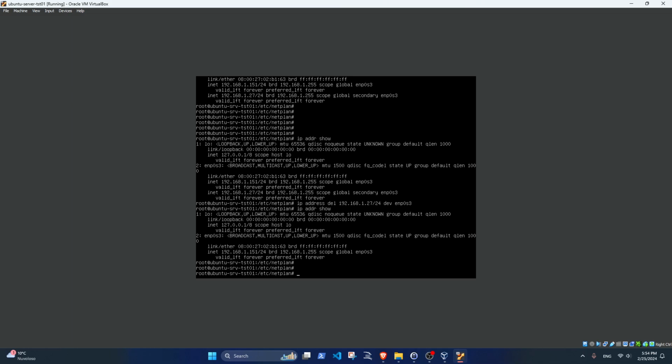So this is how you configure the static IP for your servers if you need, and I hope that this